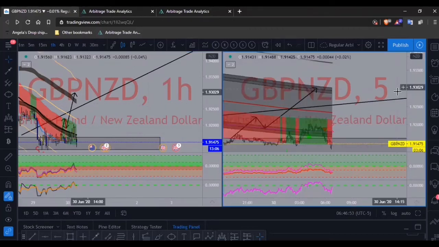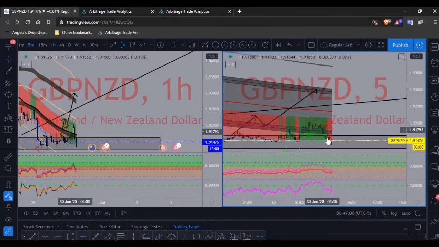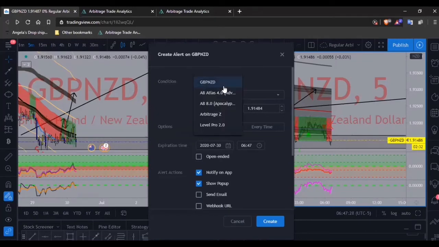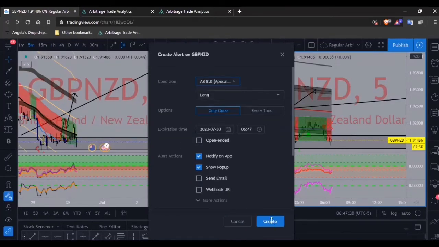But nonetheless, if I was looking at the 5-minute time frame, then I could have gone, but it's okay. Still want the same thing. As long as price respects this little zone that I have drawn, then I expect it to break, retest the RSI line, and then continue to the upside. Like I said, I'm already in this buy. My overall bias for GN for this week, I want it to go bullish, so I'm already in it, but I'm not saying for anybody else to get in. Just would rather you wait. In fact, I will set an alert again on GN when it wants to tell me that it's going long. Create.